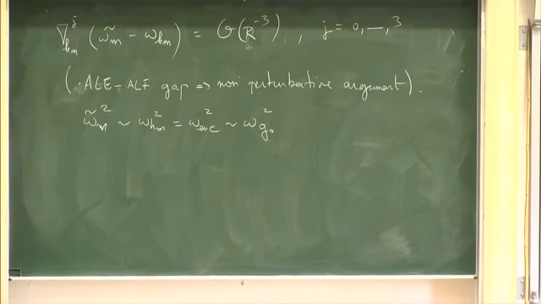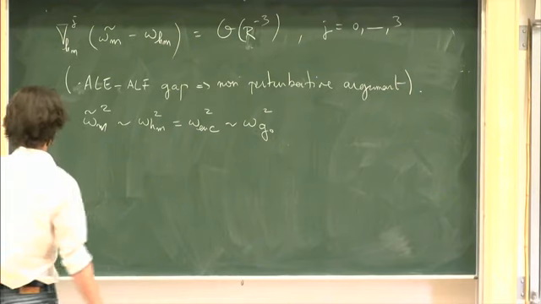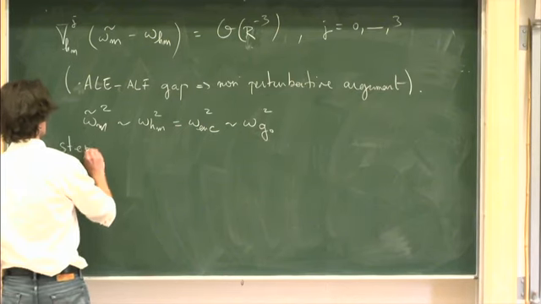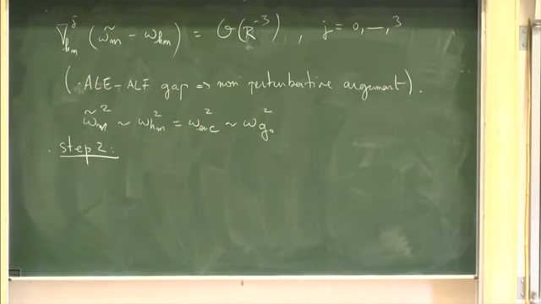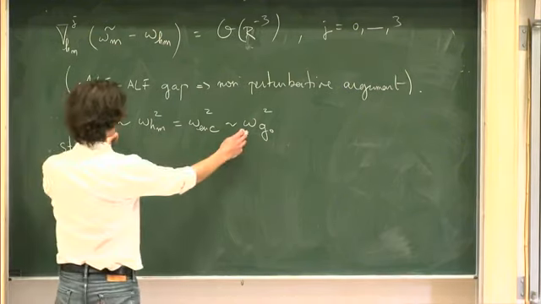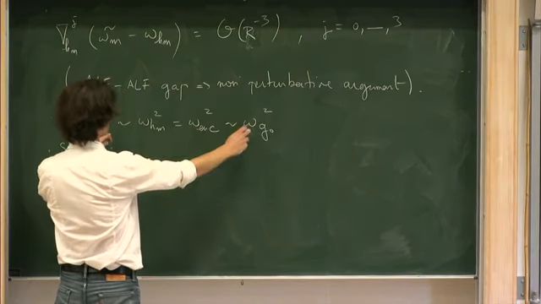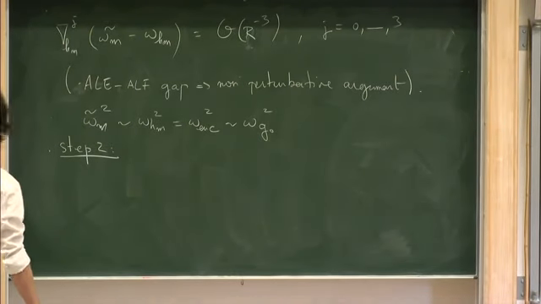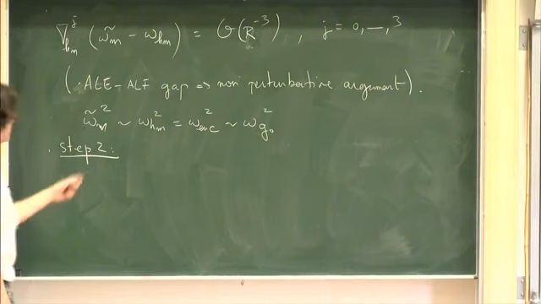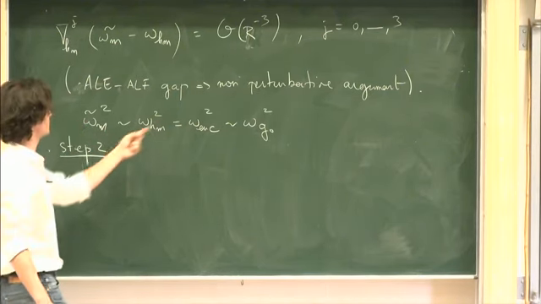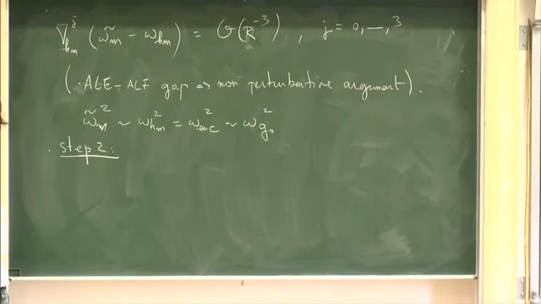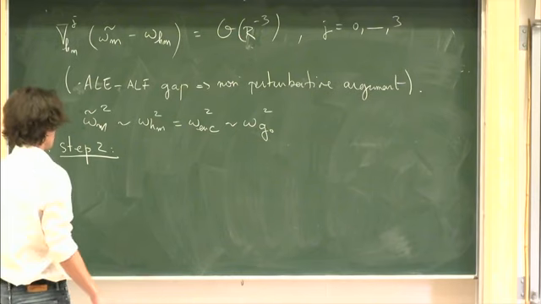But at this stage, if you take the statement with all the details, you cannot apply theorem B yet. So you need to improve a little bit the asymptotics, not of omega itself, but in this chain, which means that you need a better f to work with. If you write down the f popping up out of this relation, you won't have sufficient asymptotics to apply theorem B. So step 2.